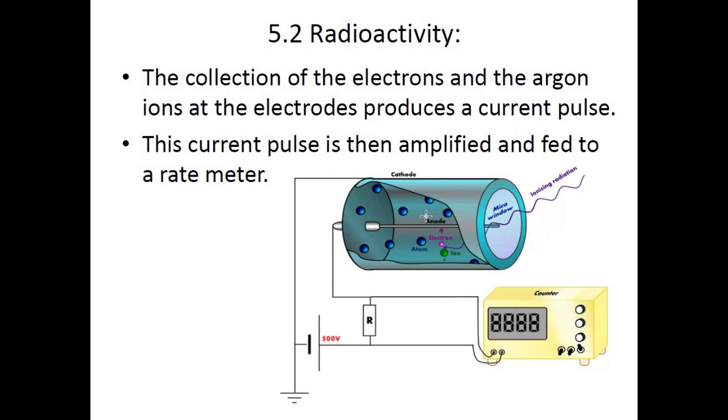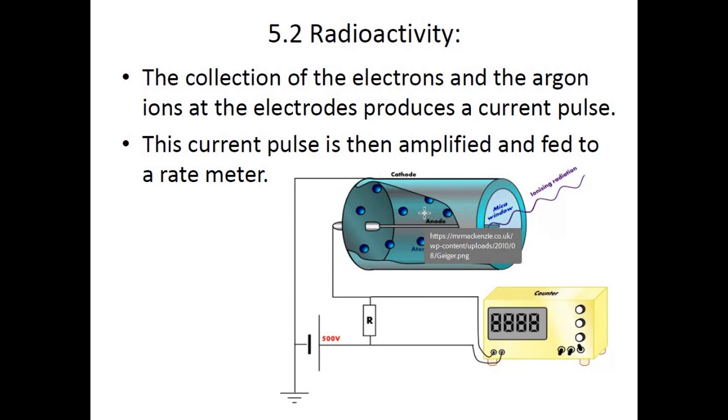It's a hollow tube which is filled with argon atoms, and in between it has an anode, a thin silver wire anode or a thin wire anode, and this is known as a mica window. This is covered mostly with a coating, so that only a specific amount of radiation is able to enter over here. And then over here is the cathode on the side of the tube, and when ionization rays, whatever they are,